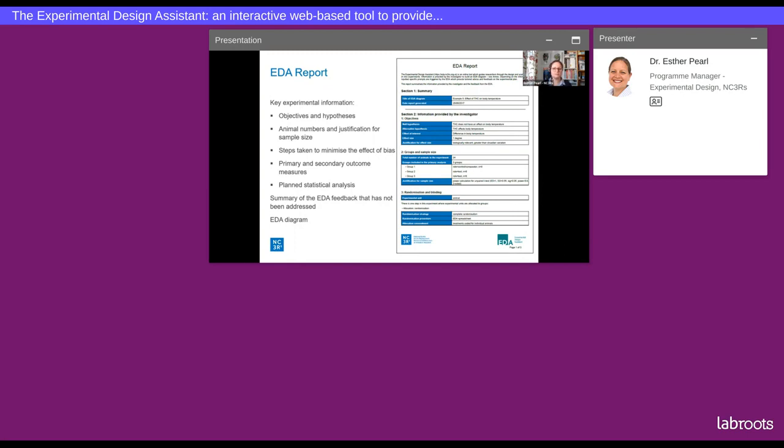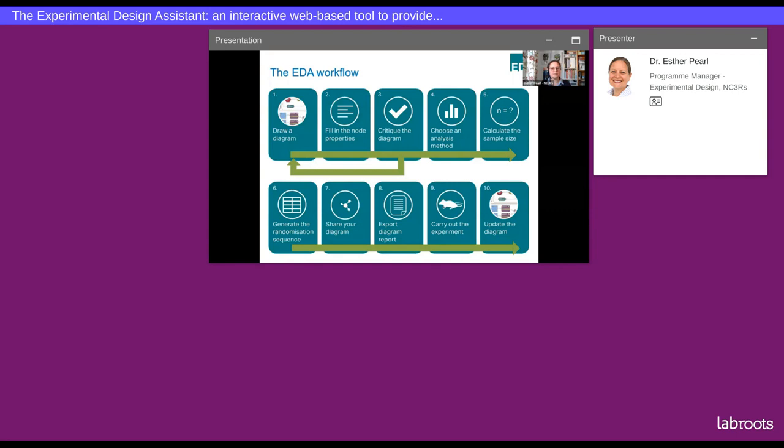So we've come up with this EDA workflow to help you get the most out of the support we provide in the EDA. So what we suggest you do is you draw your diagram and then you fill in the information inside each of the nodes. So fill in the node properties, but if you're not sure what to put in any of those fields, then we suggest that you leave it blank because the EDA can provide feedback to help you decide what's most appropriate. So once you've had a first go at drawing your diagram, you can use the critique function,